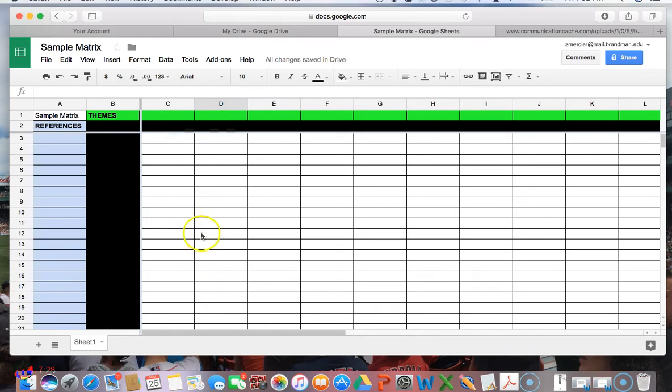Same thing when you scroll horizontally. Let's say I want to look at theme Q. Well, notice now, let's say I'm looking at this cell, notice now the reference column stayed put. So this is a nice little feature, freeze frames, to where when you scroll, these colored borders stay put. And that's another reason why I chose to put them as colored borders, so I can always see them and